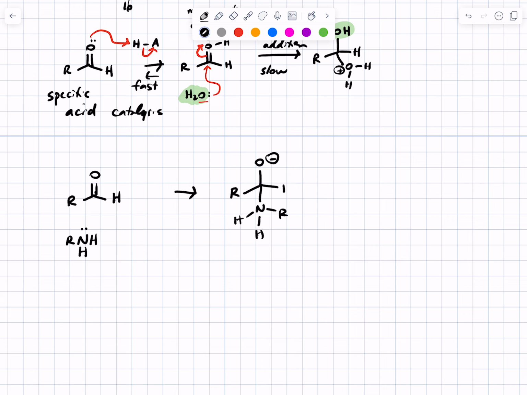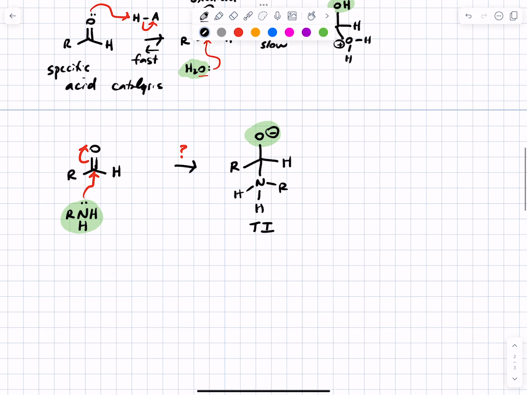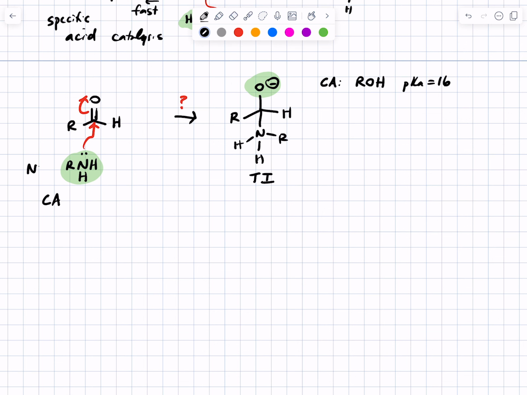Here's the product after a neutral amine attacks an aldehyde. And there would be reasons to feel uncomfortable about that because you're comparing the nucleophilicity or the reactivity of the negatively charged oxygen in your tetrahedral intermediate with how stable your neutral amine is as a nucleophile. And if that comparison isn't coming easy, simply draw the conjugate acid. Here is the alcohol conjugate acid of the negatively charged oxygen, and look up its pKa, which if you did would be 16. Draw the conjugate acid of your nucleophile, which is the ammonium ion, which has a pKa of